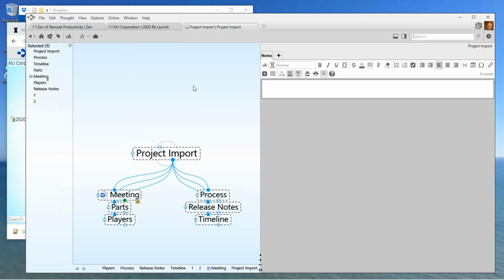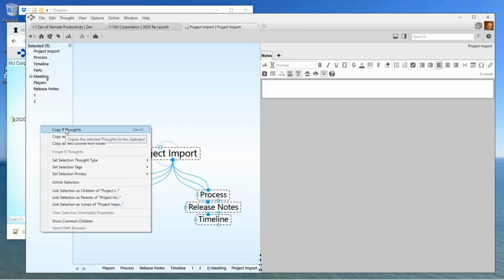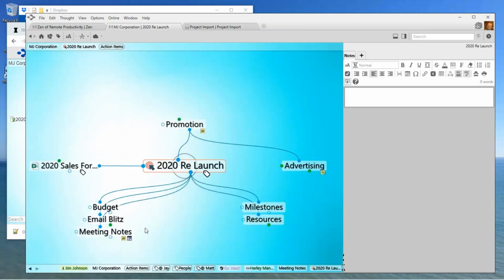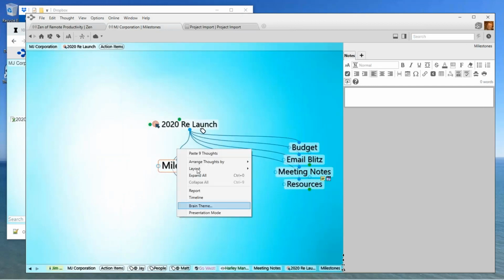Select related thoughts. So you can say, all right, this thought and all child thoughts for 100 generations down. What's important to you? I'm going to copy that information onto my clipboard. So I copy those 9 thoughts. I go back into MJ, and under milestones, that's where I'm going to have my project outline, paste those 9